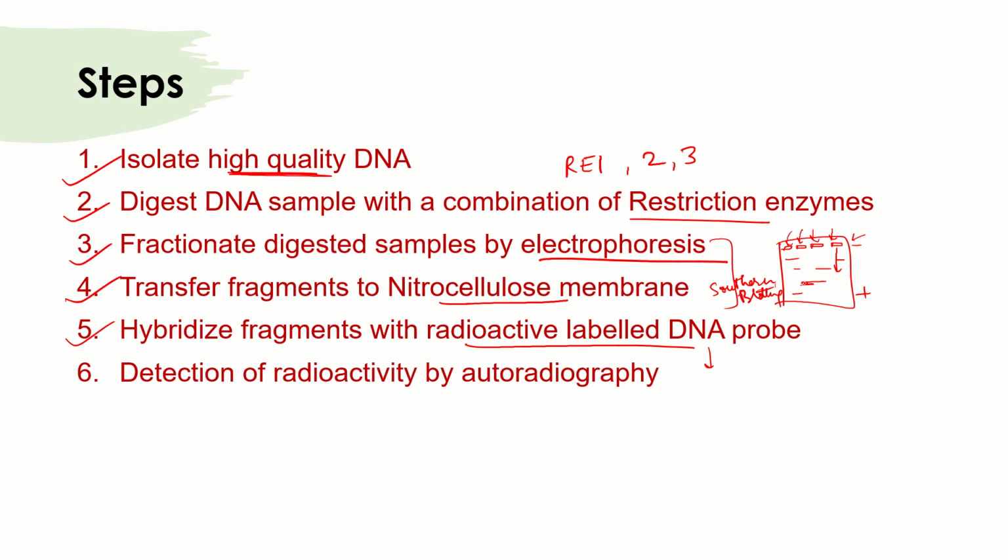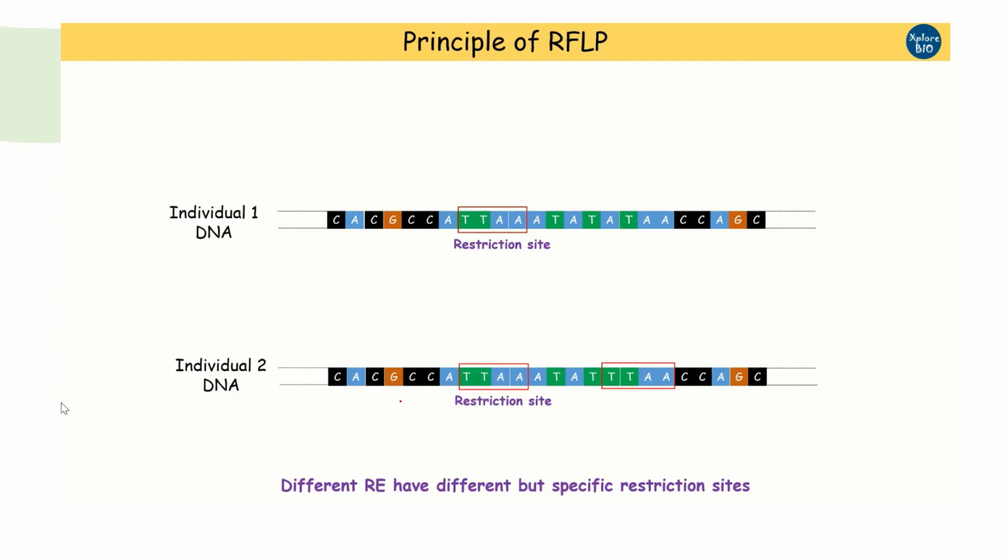It will bind in all these bands to a particular sequence that you have already identified. The probe is a defined probe; you know the sequence of that. Then, in order to observe the bands, because you have used radioactive elements which have tagged a particular sequence in the genome, you will use autoradiography, which uses X-rays, and because of that radioactivity you will finally be able to see the bands. So this is how the technique works.